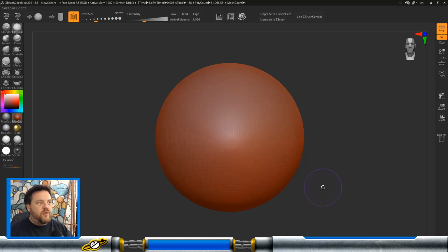Today we're using ZBrushCoreMini. I'm going to see what I can create in a small amount of time. I'm not going to spend too long with the basic shape for this, but I'm going to try to see what I can create that might be visually interesting. So for this,